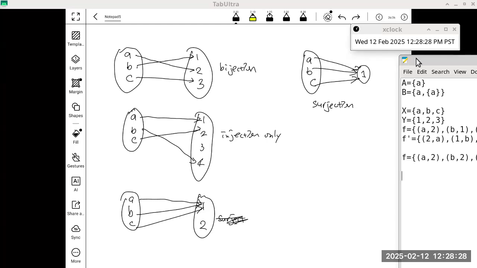But you don't get a function for the other ones, because if you do not start with a bijection and you reverse the direction of all the arrows, then you don't have a function. It still looks like a map, but it's not a function. Why is it a